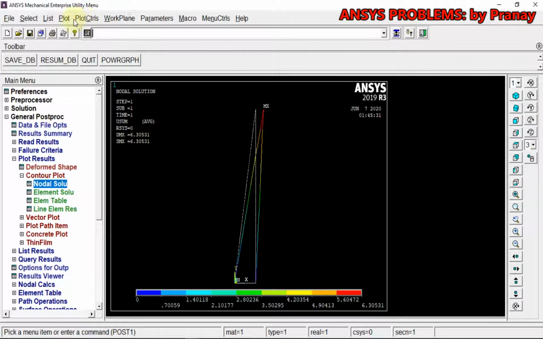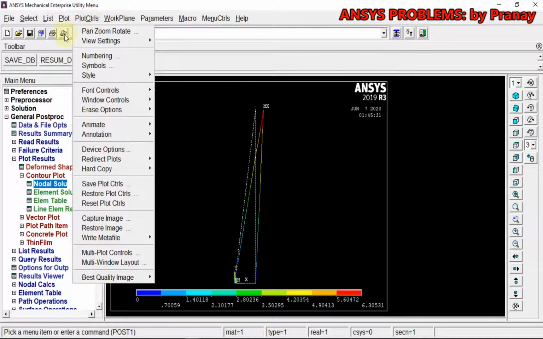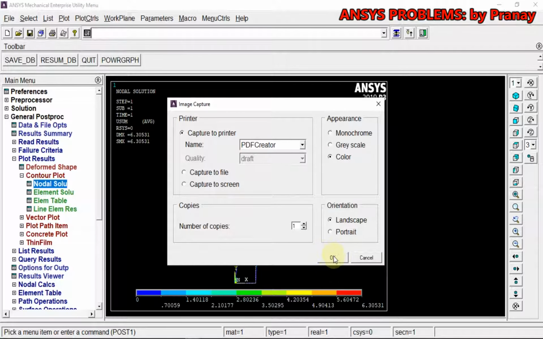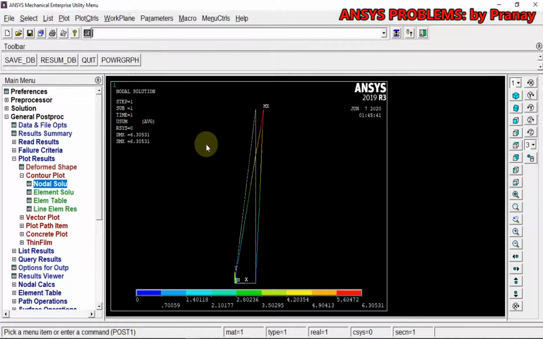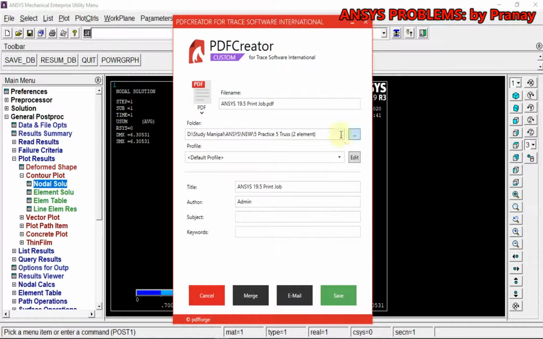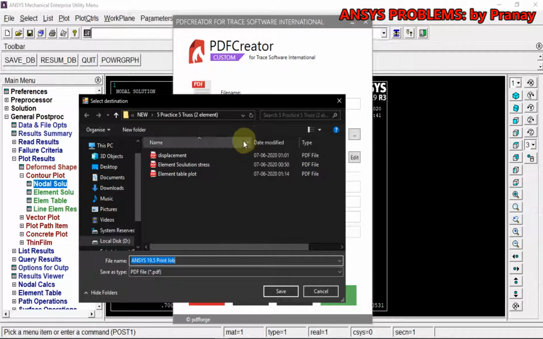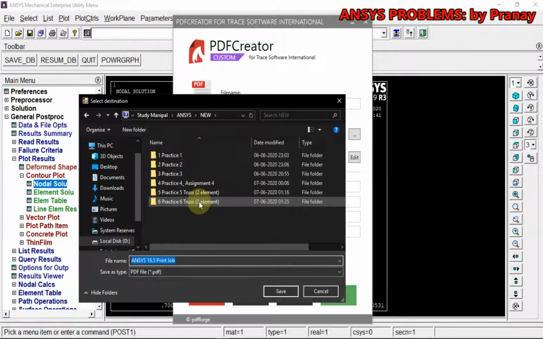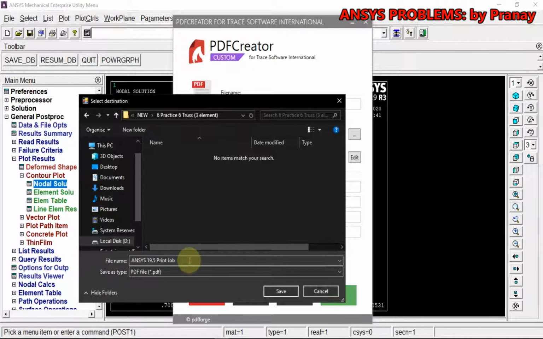What we are going to do is plot controls, or directly capture the image as PDF. I'm going to save this in my folder, the sixth one. I'm going to save this as displacement.